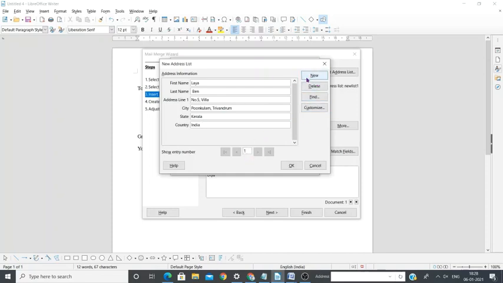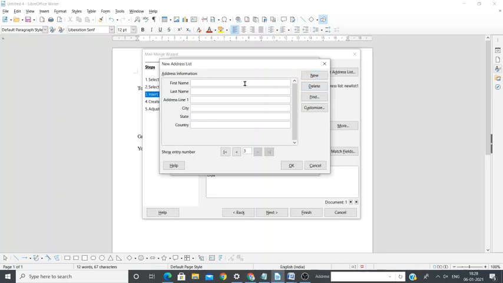You can see one, okay. Second name, first name it's Akshaya, second name it's Umayyad, okay. Address line it's house number 12, CGO complex, okay. City Trivandrum, state Kerala, country India. Okay, so second list is added. Let me click on new to add a third list, okay.